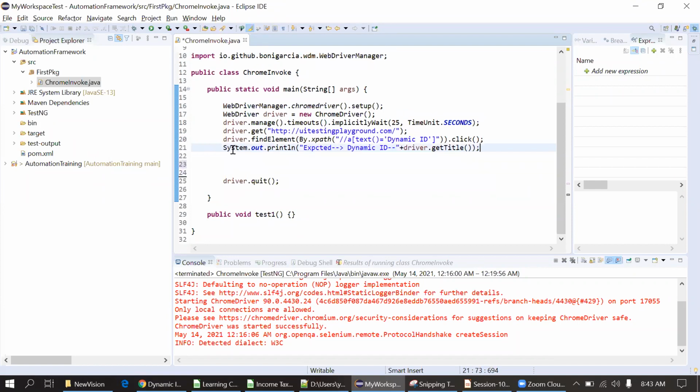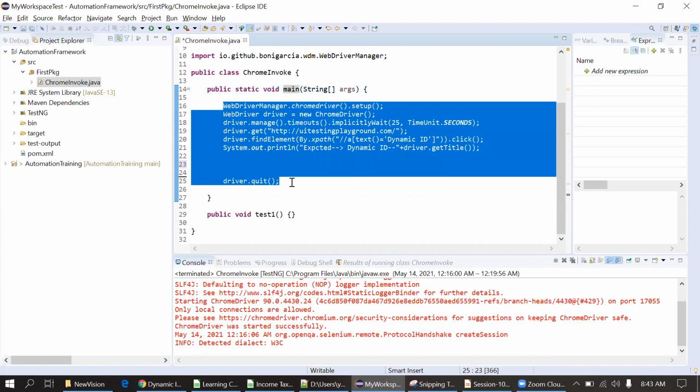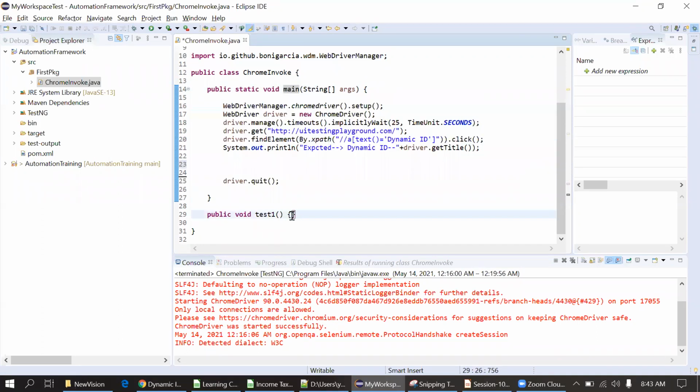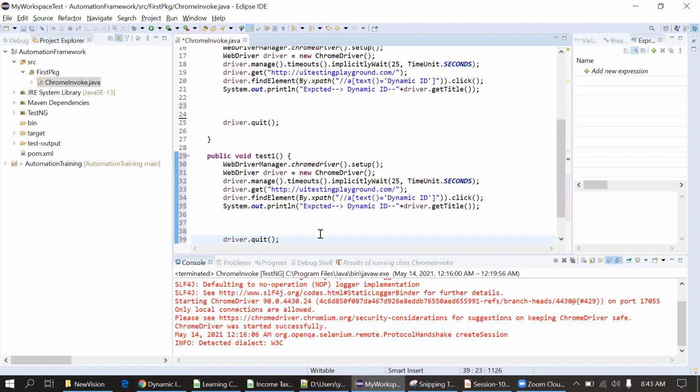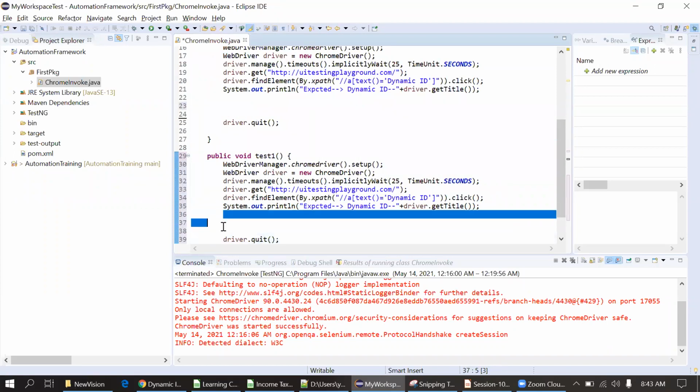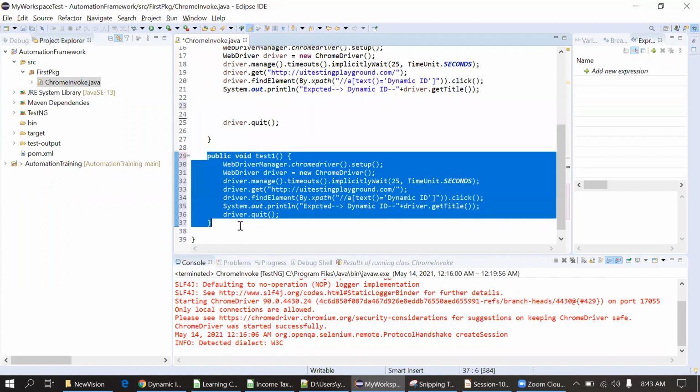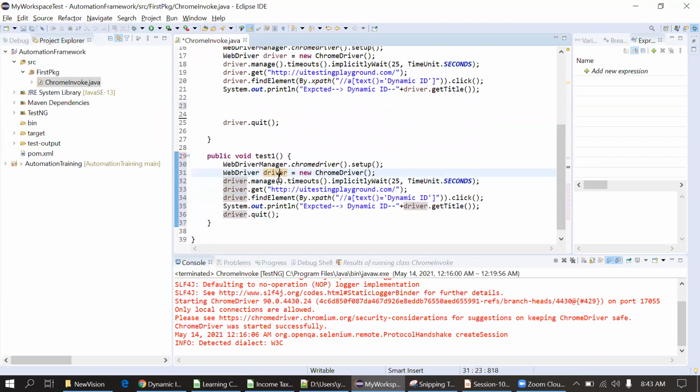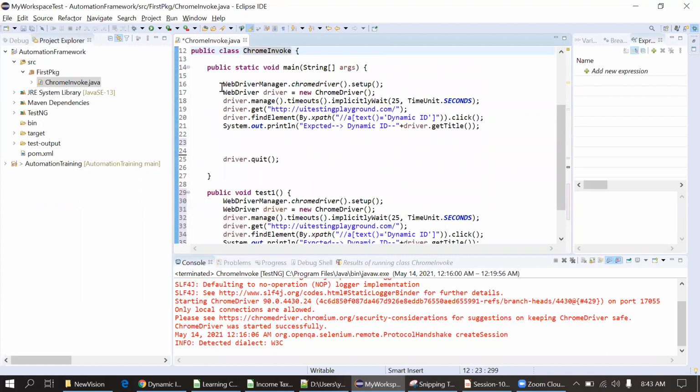Okay. So if you are using the main method, what is the issue? We cannot write everything in this class, right? So I will create a method for this. I'm copying this and putting it into one method called public static test1. I will copy that code here, and I will call this method. And this is our one test case. So this is test1. Now from above, I'm deleting this code.